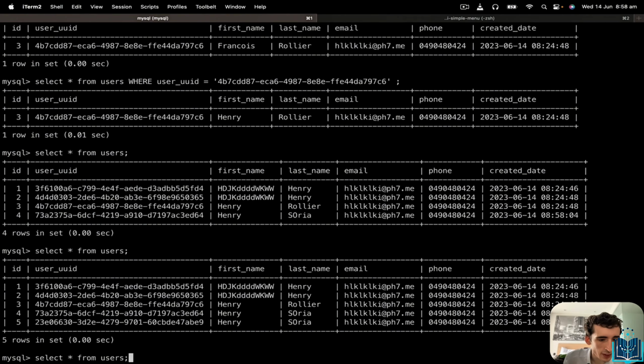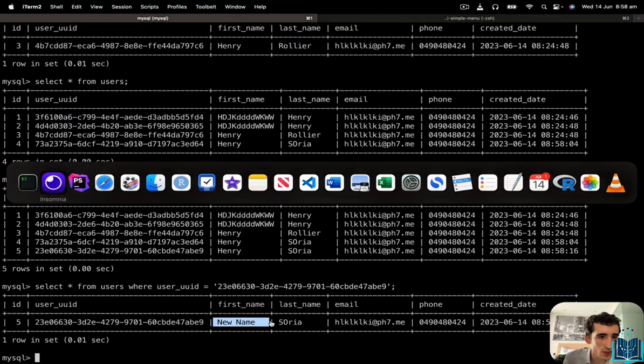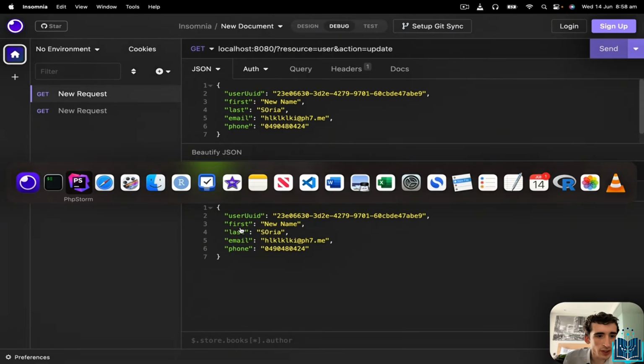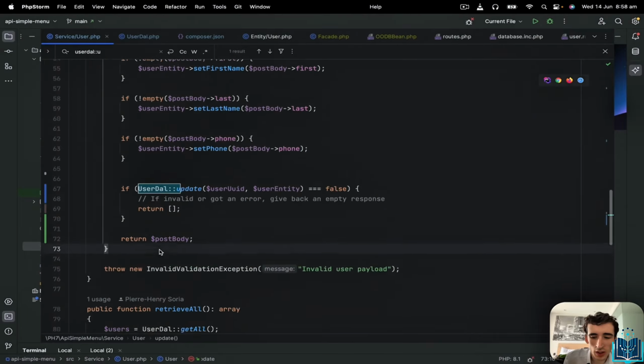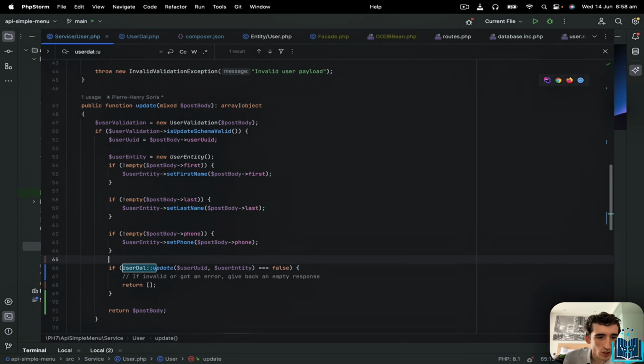perfect. And here if I select that new user, where user UUID equals this one, yeah, it has been updated. Wonderful. So you see, now it looks cleaner, beautiful. So we can just update all of these,